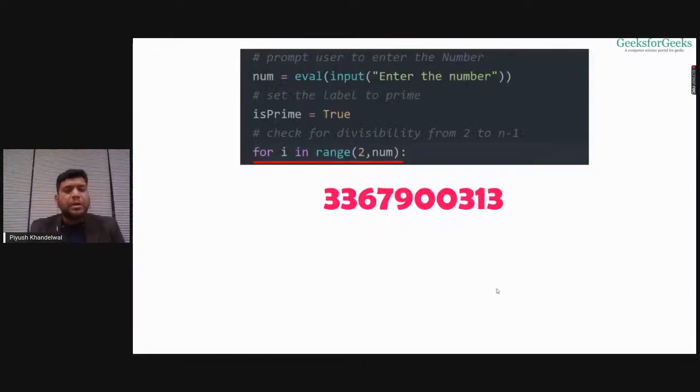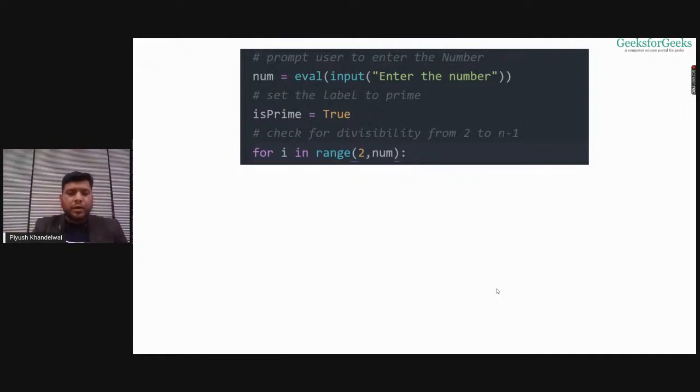Because this loop will run till that number for prime numbers. For non-prime numbers, it might break in between. That's why it was giving you faster responses. There is still scope for improvement, and there are certain proofs which we can discuss later on.